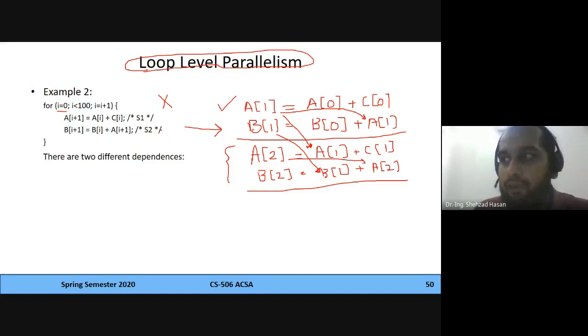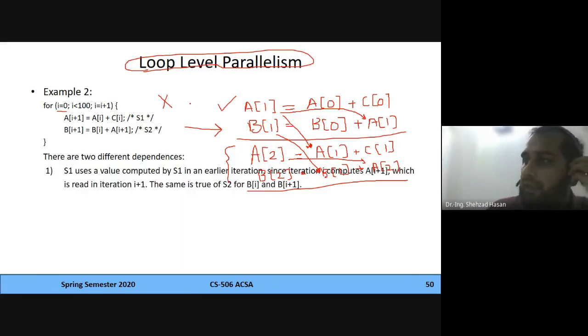And if you don't have loop level parallelism, then this means GPUs or vector architectures are not going to help you out, because there we are assuming that iterations can run independently. So that's why we are going to schedule them in different cores or different vector units, but here that's not going to happen. Okay,